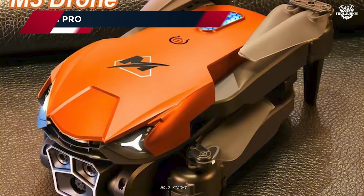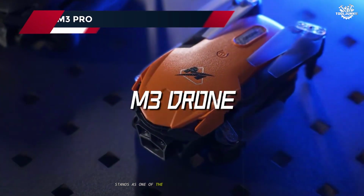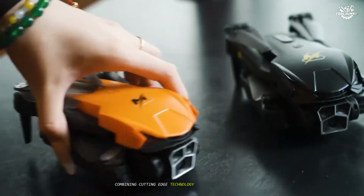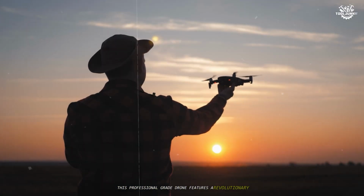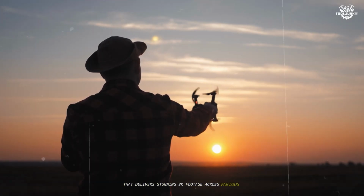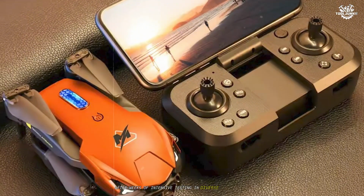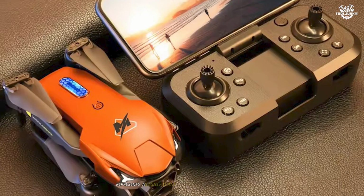Number 2. Xiaomi M3 Pro. The Xiaomi M3 Pro stands as one of the most impressive drones I've tested this year, combining cutting-edge technology with exceptional ease of use. This professional-grade drone features a revolutionary triple-camera system that delivers stunning 8K footage across various shooting scenarios. After weeks of intensive testing in diverse environments, I can confidently say the M3 Pro represents a significant achievement